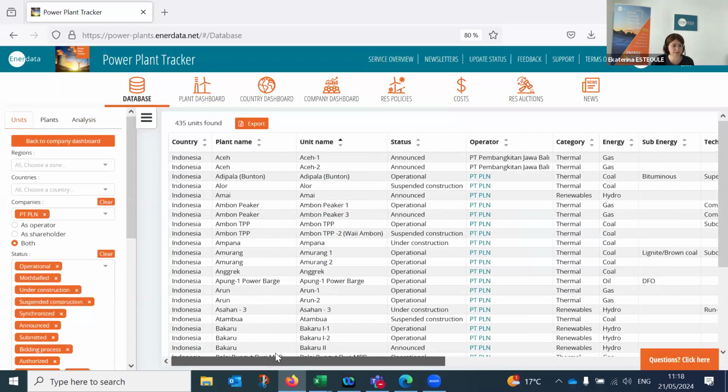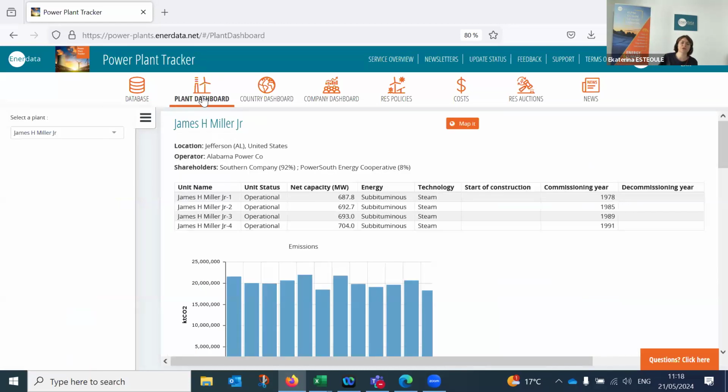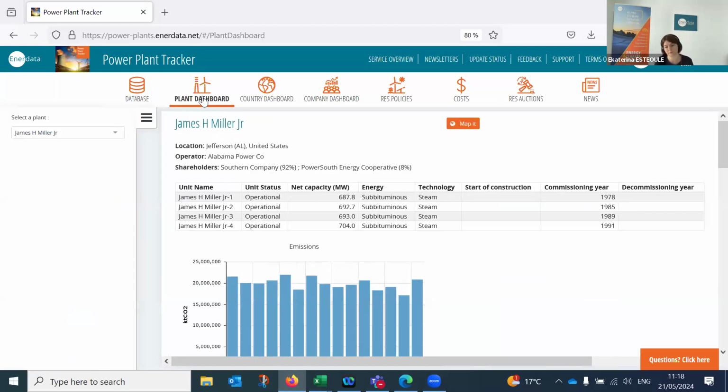And also here it's a nice tool if you want to focus on a specific company. If you want to search a specific plant, it's also doable in our plant dashboard. Here, this plant has been automatically chosen, but it's a good sample.